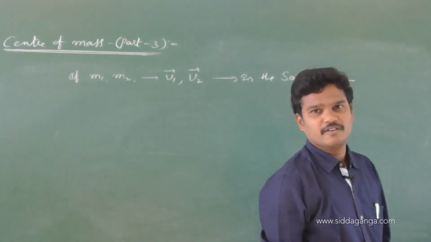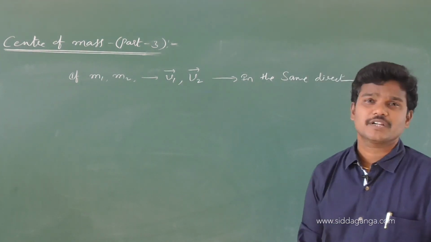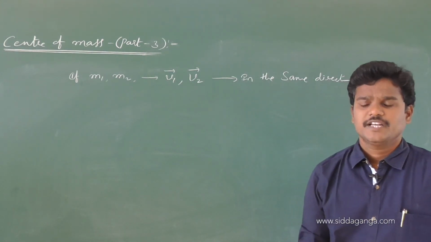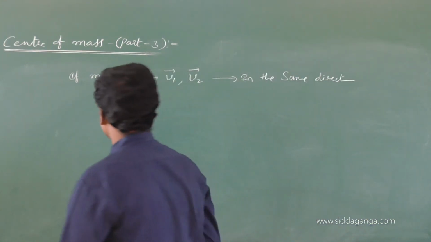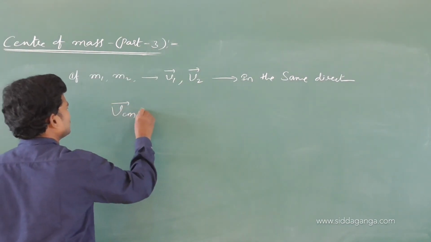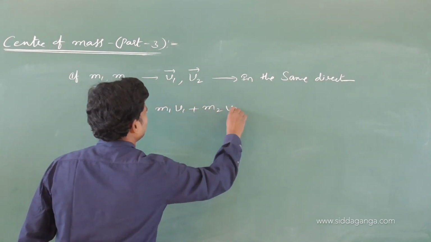If they are given as scalar values, you can take the magnitudes. If m1 and m2 are any two particles whose velocity vectors are given as v1 bar and v2 bar, moving in the same direction, then you can use the regular formula for velocity of center of mass, m1 v1 plus m2 v2,